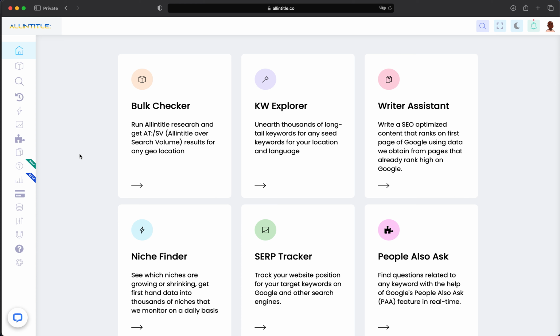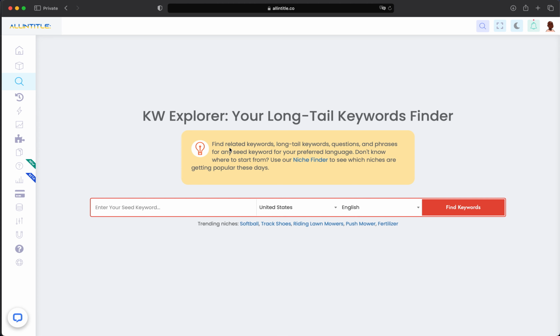This video will be an overview of our Keyword Explorer keyword finder tool. Allintitle provides several different keyword research tools. One of them is the Keyword Explorer that helps you find related keywords, questions, and phrases for any seed keyword that you provide. So, for example, here we are going to search for game theory, and